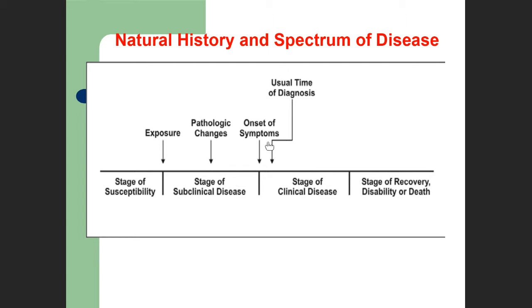Onset of symptoms we move to what? Tertiary prevention. واضح؟ Any question؟ أحد عنده سؤال؟